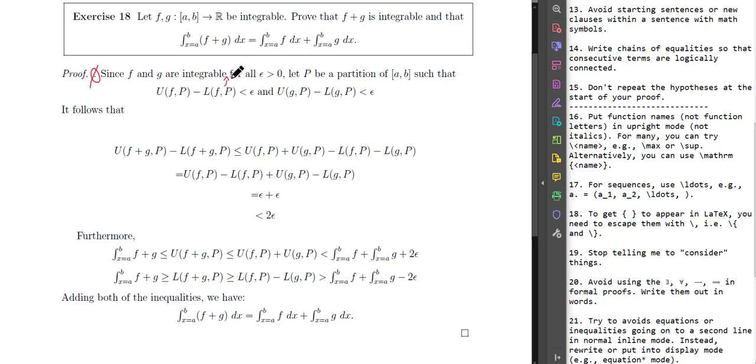Since f and g are integrable, for all epsilon greater than 0, let P be a partition such that, well, hey, you all are just ignoring my notation, aren't you? Okay, so our notation for upper sums was... if you want to use a capital P, I'm not super thrilled because it's not the notation we're using, but at least use the same notation that we're using in class. Okay, so the way you need to say this is for all epsilon greater than 0,